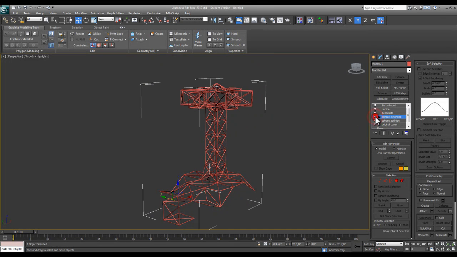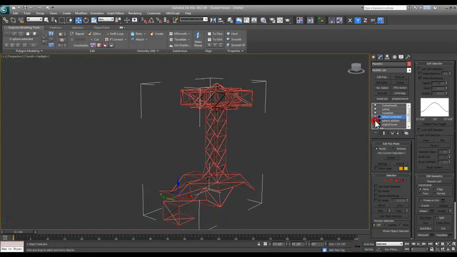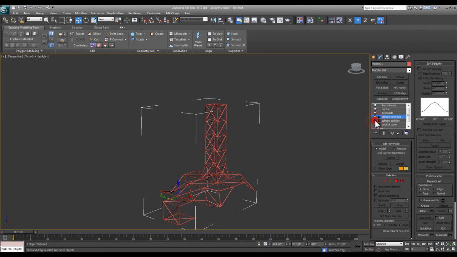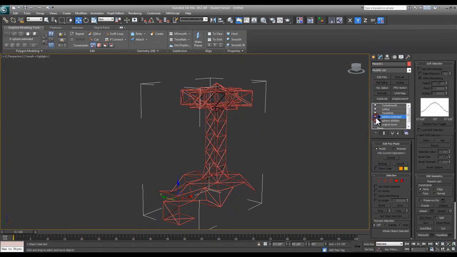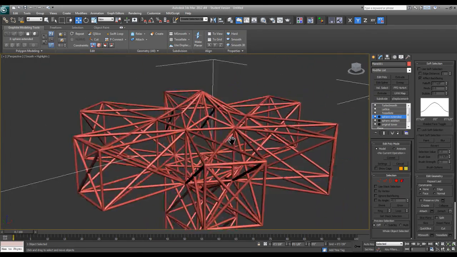And if I want to turn on and off the extension, I can always go back and forth by just kind of turning that on and off. So it's like, okay, option 1, option 2. Or I could also just turn off the sphere completely, so without my addition and with my addition. So just kind of simply working within the stack, I can kind of control my modifications that I'm doing to my base geometry very easy, very quickly,